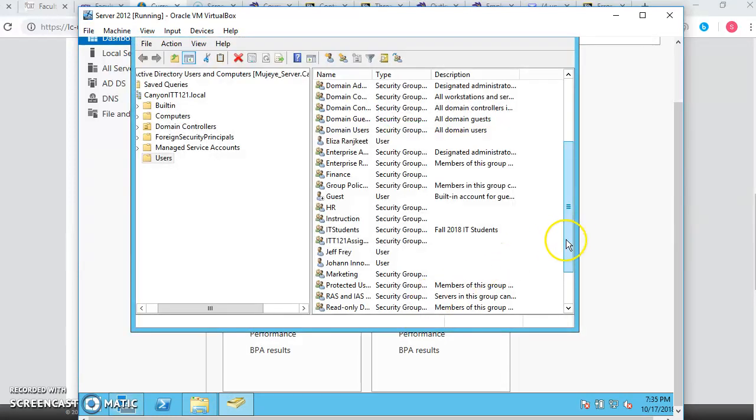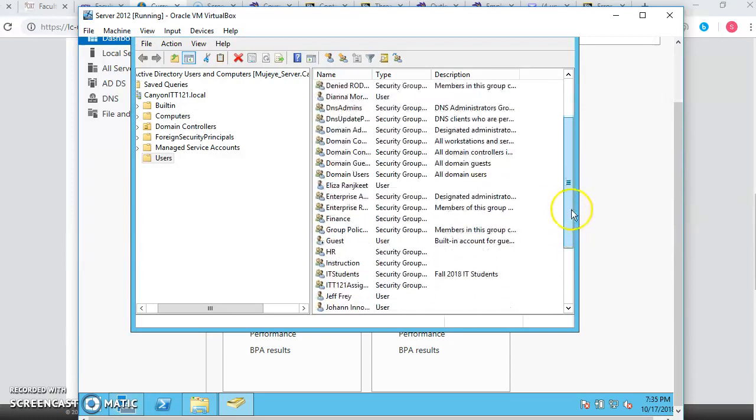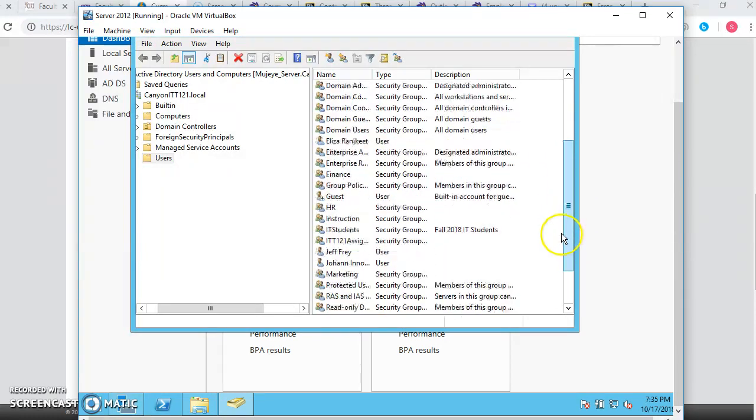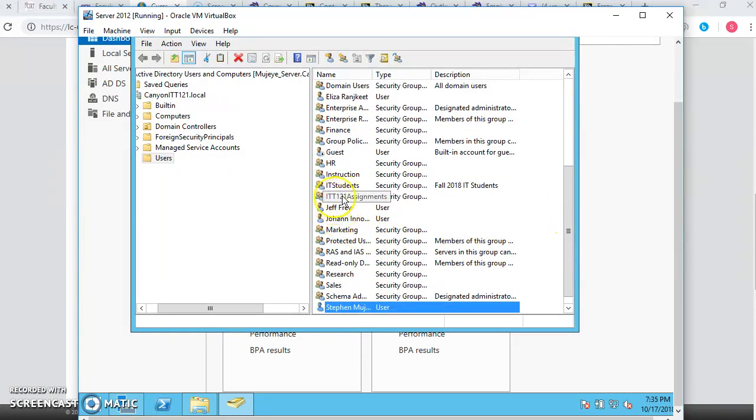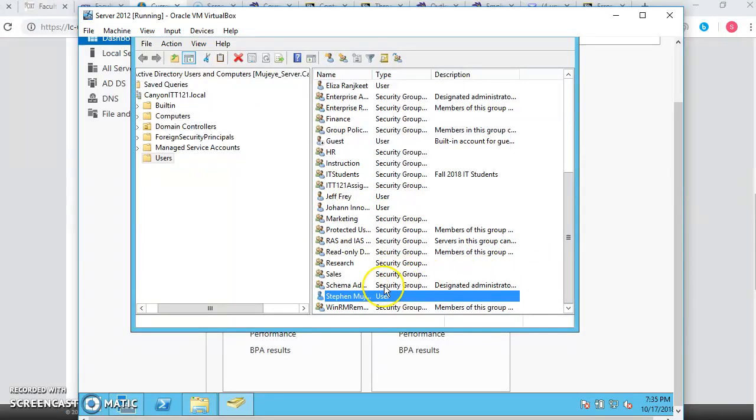In Active Directory, we have also added some users and groups. You can see some of my groups that I have created, like IT students, and some students that I have added. In here, I've also created myself as a user. You can see this username, this account. That's what I'm going to be using. Now that the server is up and running,